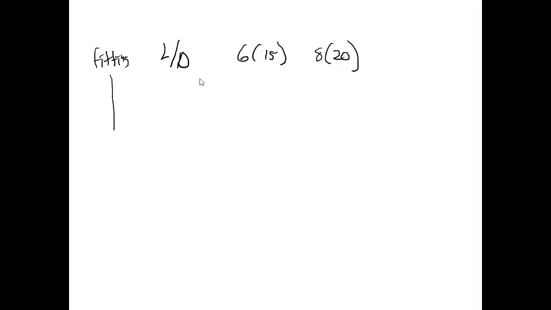All right, so here, sorry, I'm not making much sense. So here's L over D, and then the next column is, here we have 6 inches or 15 centimeters, then 8 inches diameter is 20 centimeters. So here's your fitting. Here's the equivalent length,